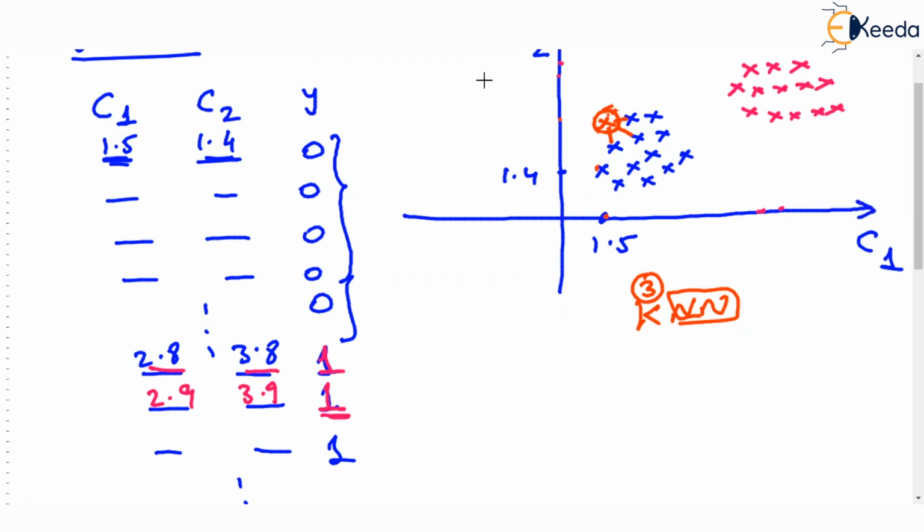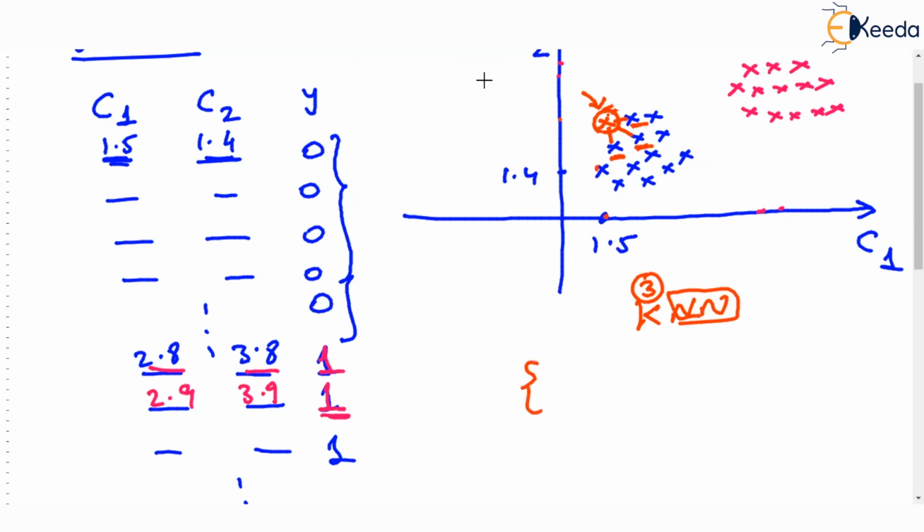And you will see that this point and this point are nearest, correct? Now, once you take these 3 nearest points, you will ask, what is their output label? We don't know the output label of this point. This is our suspense point, the query point, but we know the output labels of these 3 nearest neighbors because these 3 points are from our data set.